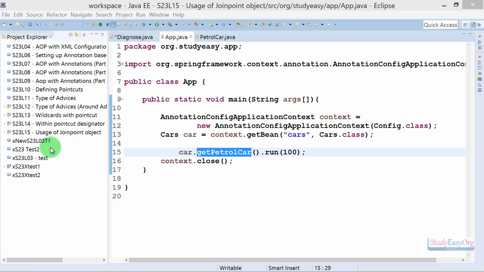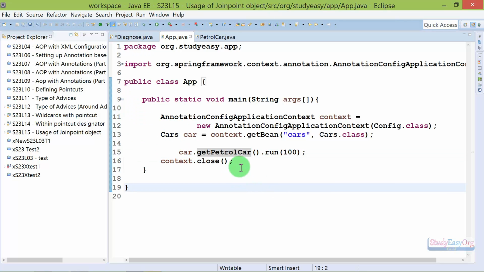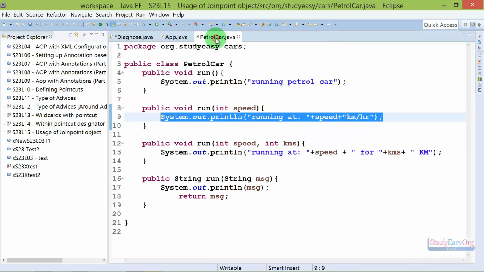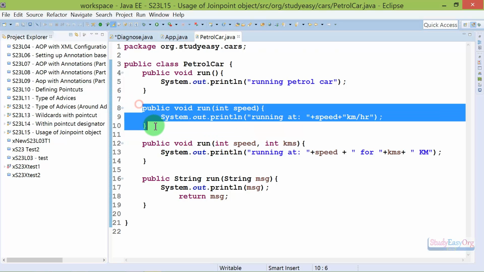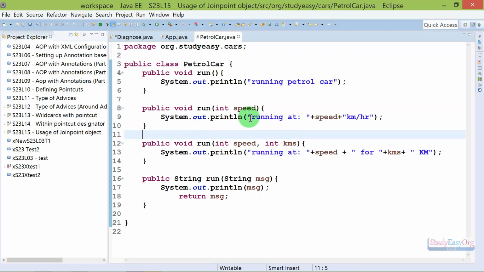Hey there, welcome back. This is Chand from studyeasy.org, and in today's video we're going to check the usage of the JoinPoint object. Now friends, in order to save some time, I have already modified this particular project a little, and using the petrol car class, we are simply calling this particular method whose name is run and which receives the int entity. If we check the petrol car class, then here is the method which we are calling,